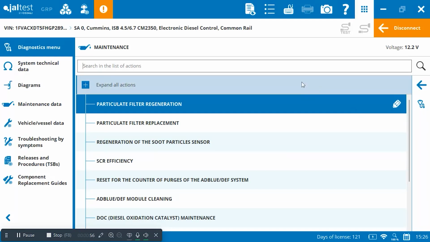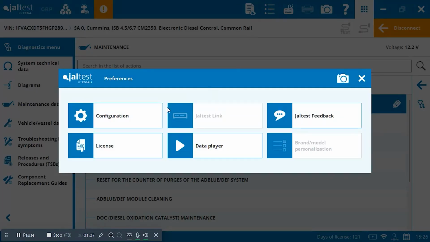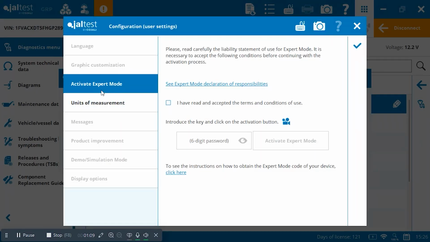But I have my expert code saved, and how you save that expert code, because if not you have to type it in every time, is you come up here to these 3 lines, you go to configuration, activate expert code, and then check this box, and then you put your 6-digit code in here and click activate expert code. Once you do that, there'll be another box that pops up down here that says keep this code